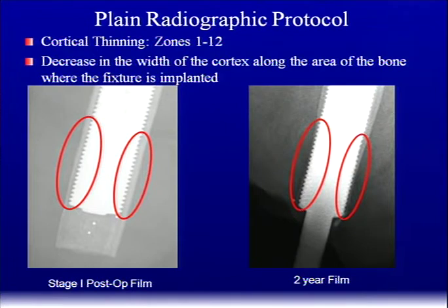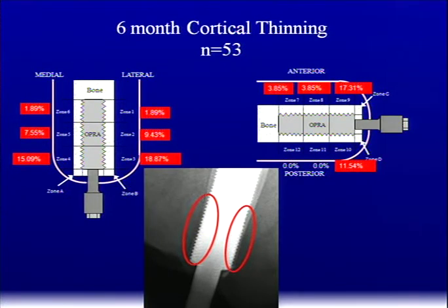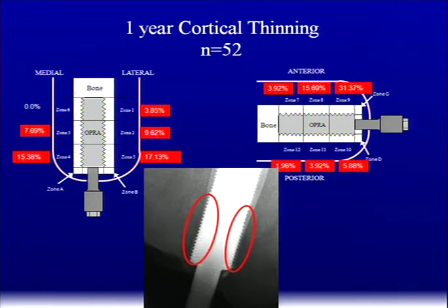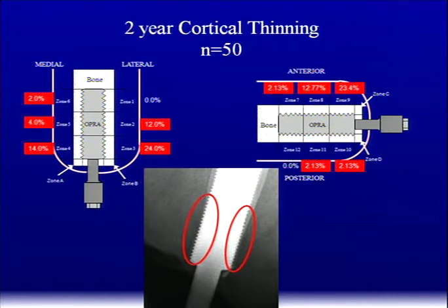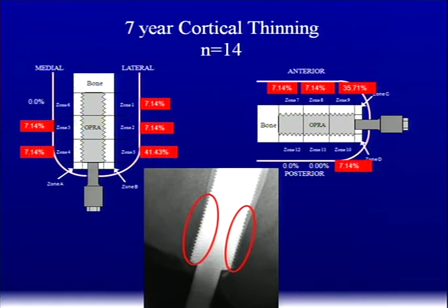Looking at cortical thinning, in this example of cortical thinning, stage 1, you can see the cortex, and we're comparing all of our examinations. This is the worst case or worst example of cortical thinning. Immediately after stage 2, you can see that we already have some cortical thinning occurring in these zones. At 6 months, a higher incidence, especially in these distal regions. At 1 year, we're getting up to 31% on the anterior, zone 9. Again, these are just incidents of cortical thinning. At 2 years, 5 years, 33% of these 18 patients. And at 7 years,